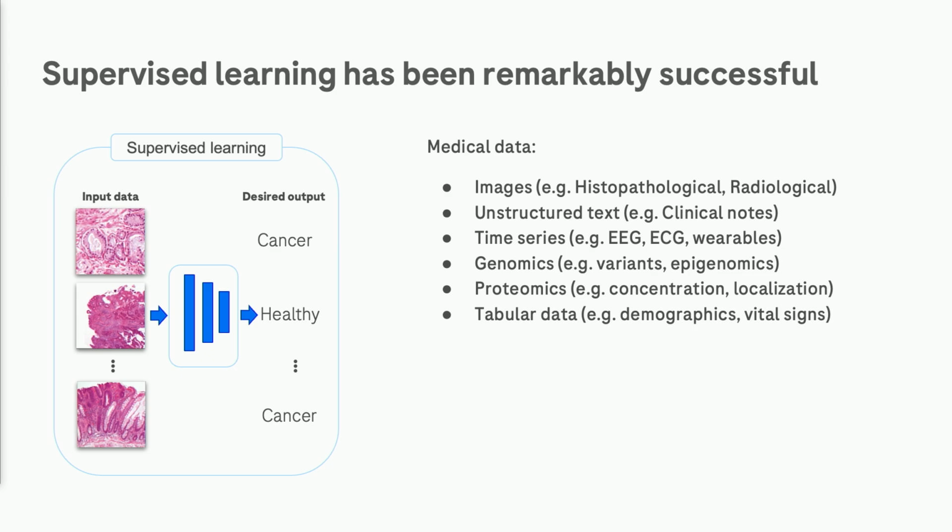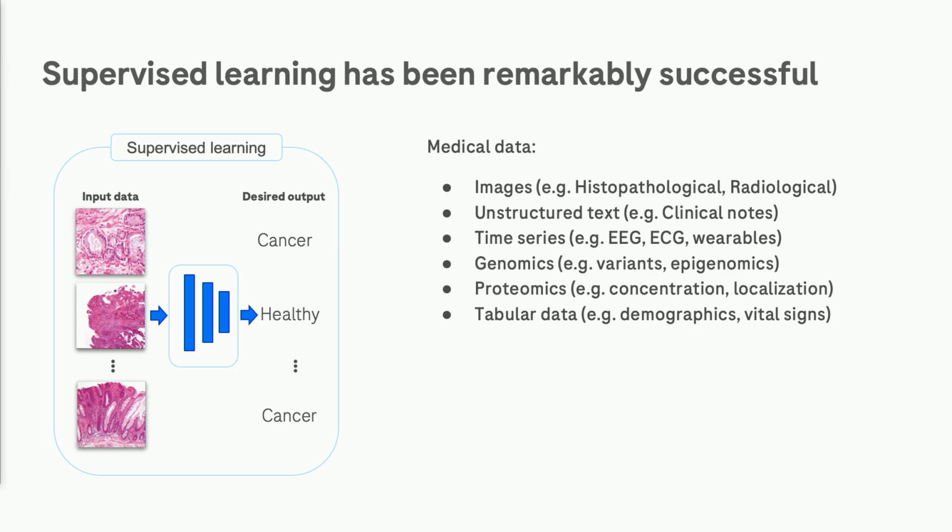So we work with images including histopathological and radiological, text that could be structured or unstructured, usually unstructured if you're talking about clinical notes, time series from different sensors and medical instruments, genomics, which in the end are kind of strings,